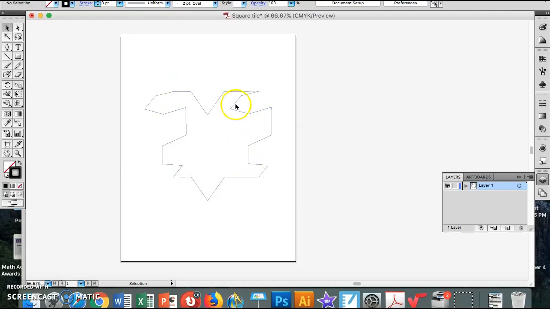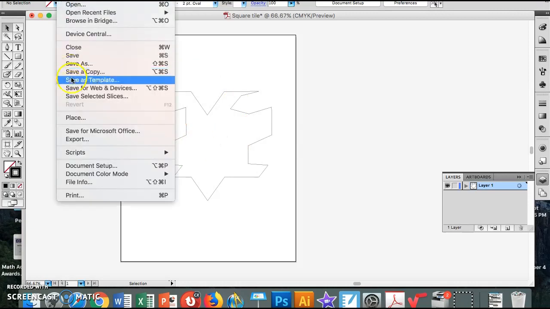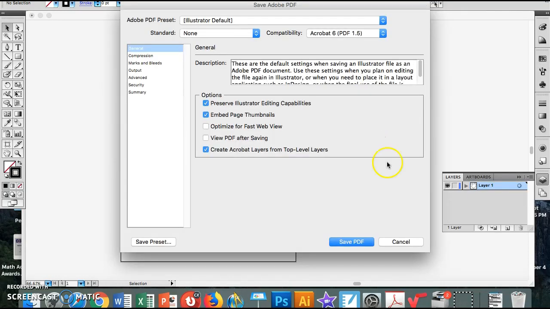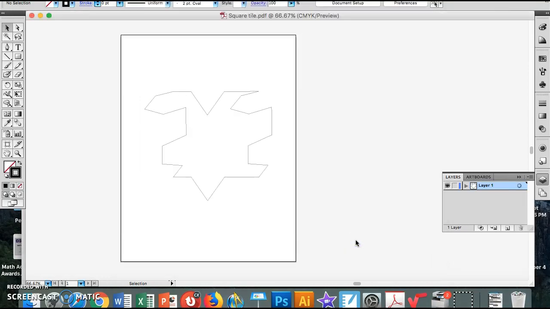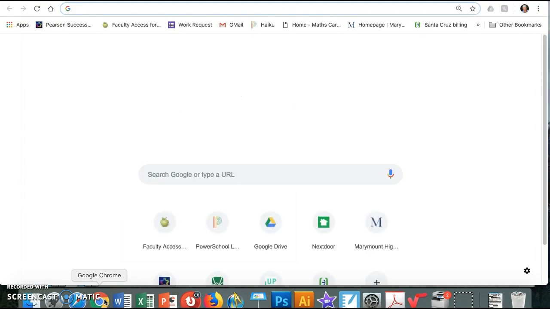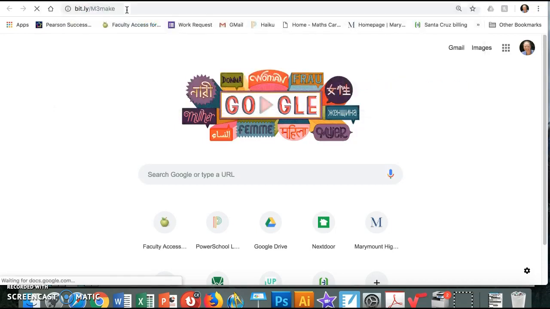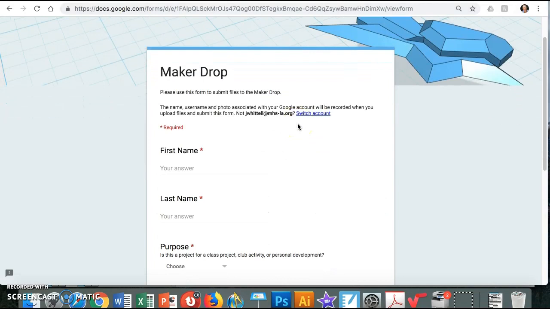So what you're going to do is save this as a PDF. So you go to File, Save As, and we're going to say Square Tile. Don't touch anything except Format. PDF. Hit Save. Just hit Save again, and it's going to put it on your desktop. Then you're going to want to make sure that it goes in the bit.ly folder. So you've got to go to your search engine and type bit.ly/make. There it is. Hit enter, and this will pop up a questionnaire